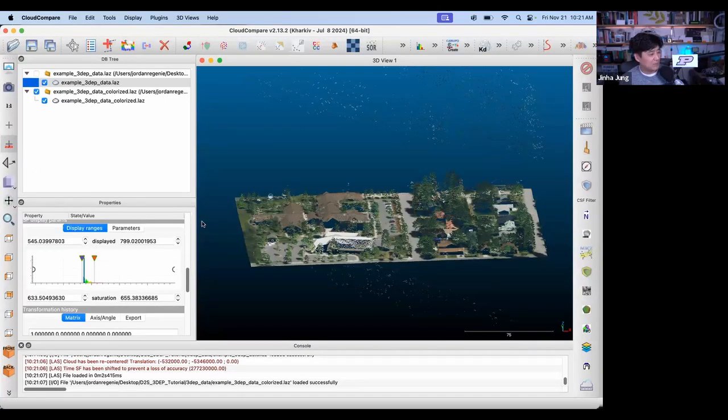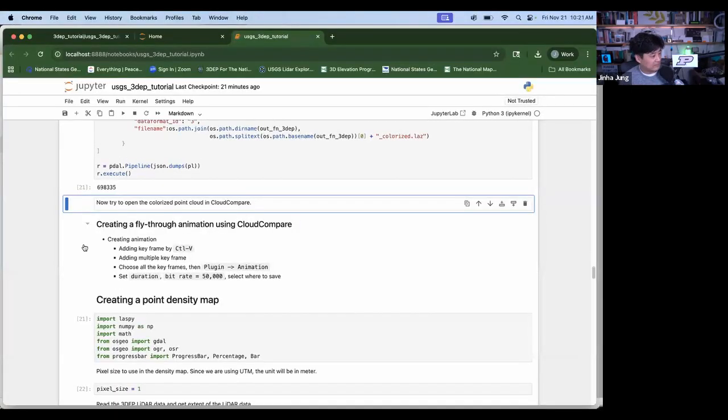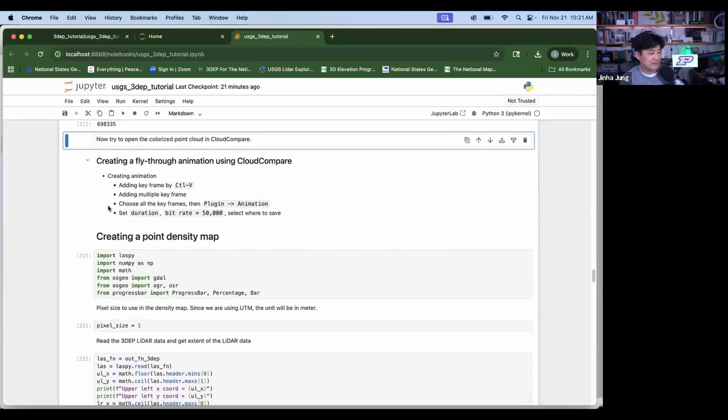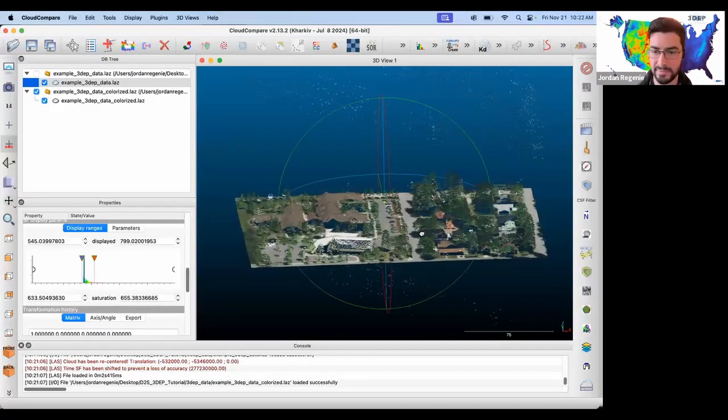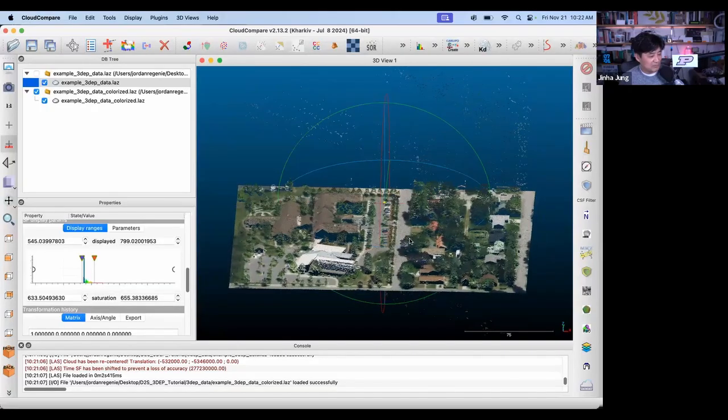Okay. Let's go back to the Jupyter Notebook. I'm not going to do this, but if you want, you can create a fly-through animation using CloudCompare by zooming into certain views. Let's do something really quick. Can you go back to CloudCompare? Yep. And let's say this is one of the views. So if you do the Control V,